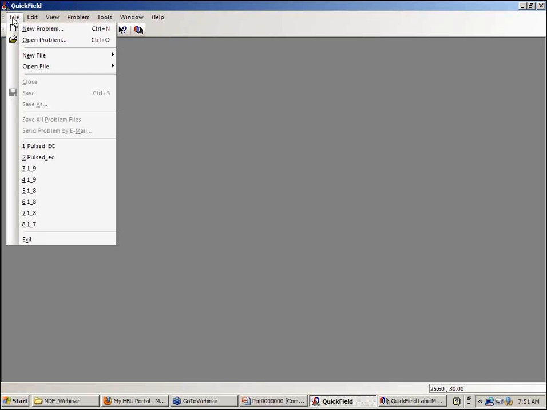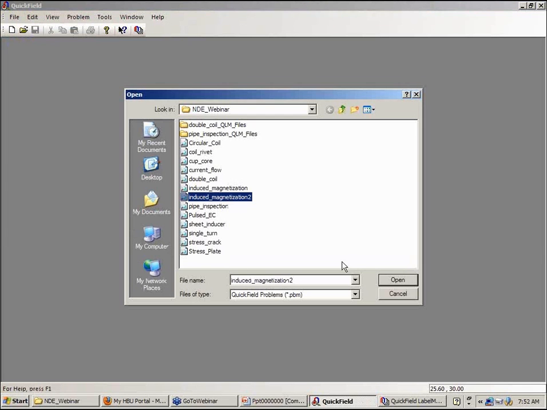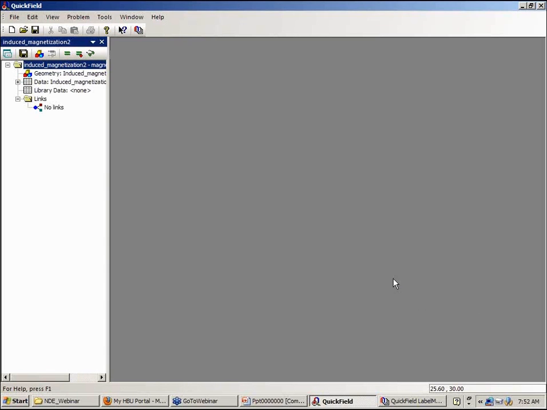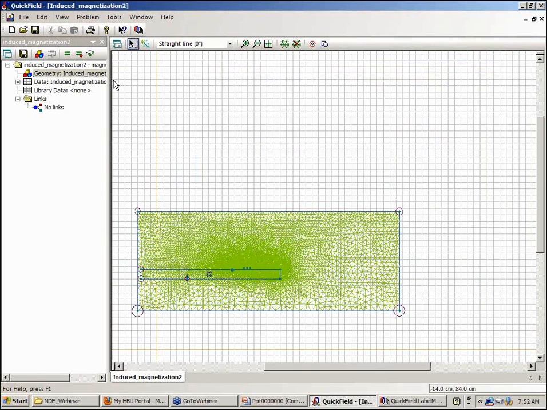Next, I want to look at DC magnetic simulation. We investigate the induced magnetization, which would be relevant to magnetic particle inspection or magnetization mapping. In this particular problem,